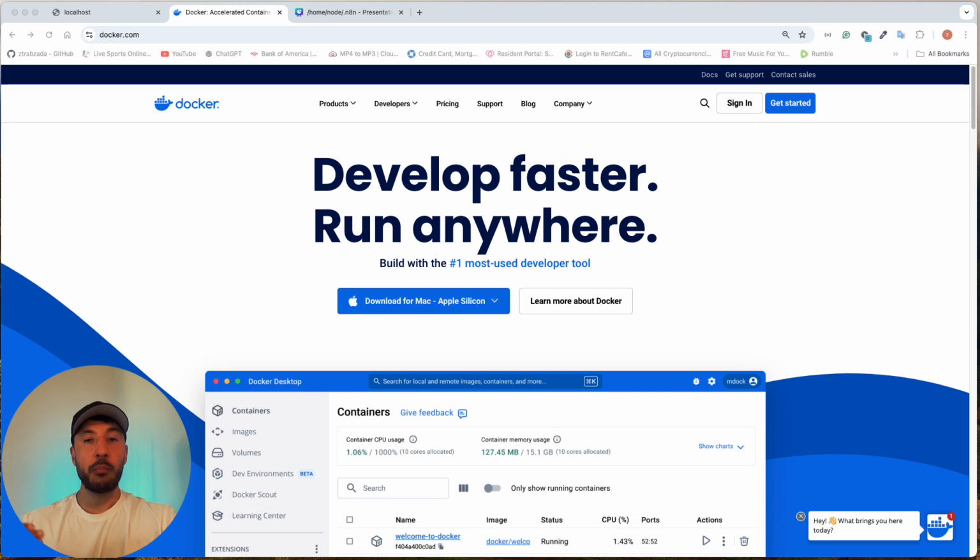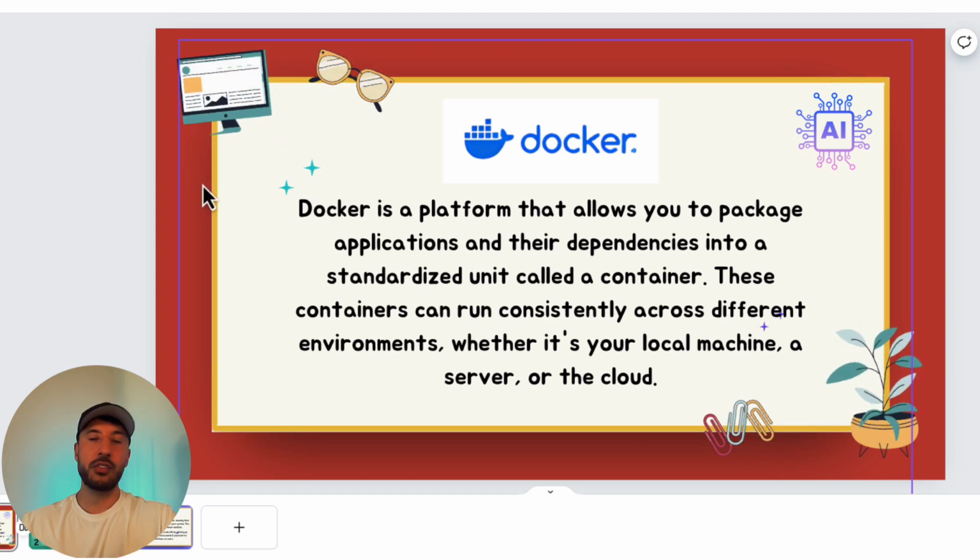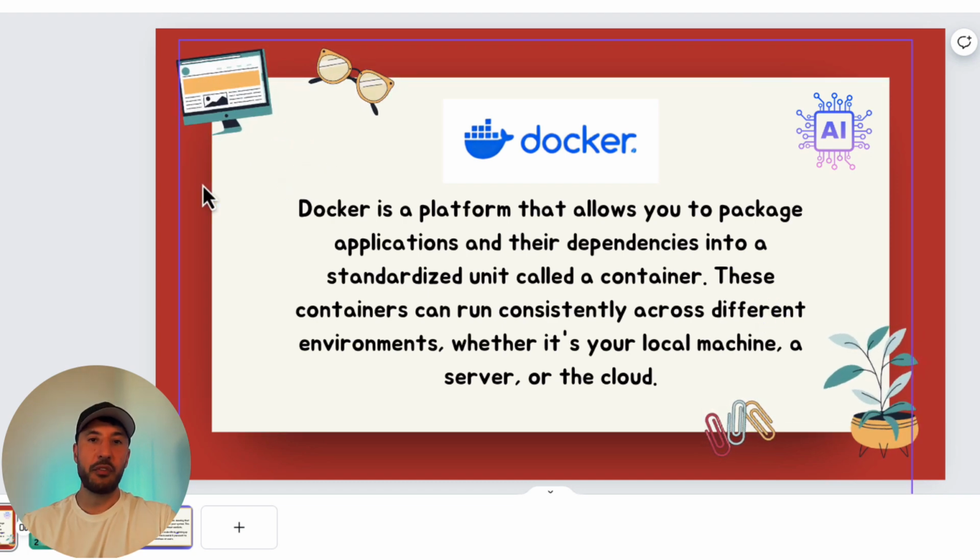So Docker is actually the preferred method by the n8n community and a lot of other folks, because it gives you a lot of advantages and control over how you can run and self-host it along with other applications. So let me quickly explain what Docker is for those of you who are not familiar with it. If you're already familiar with it, please feel free to skip this, but I just want to quickly introduce what Docker is and why this is so beneficial when it comes to self-hosting n8n.